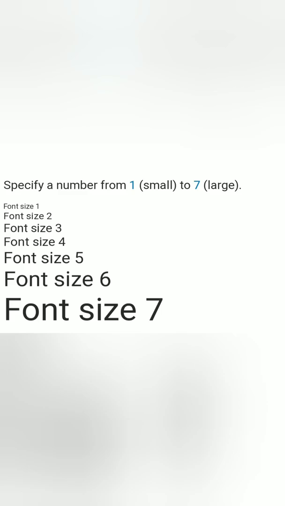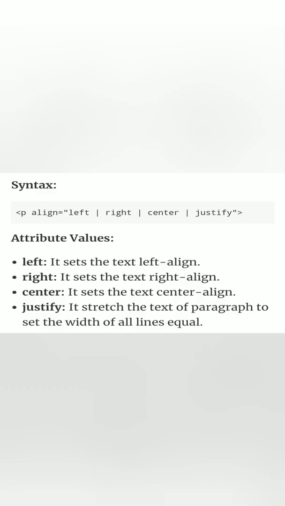Okay students, yes students, now the next is the align tag. If we want to give any alignment, means if we want to give the text in left form or right only or center only or justified only, then we give the alignment tag.